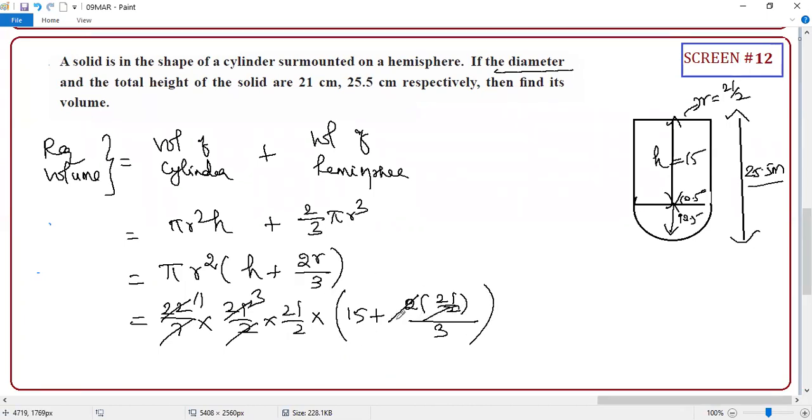Anyone can tell me? 2, 2 is cancel. 3 is cancel. So 7. So 15 plus 7 is what? Anyone tell me? 15 plus 7. 11 into 3 into 21 into what is this bracket? 22. Correct or not? 22. Excellent. So what is the final answer, student? Anyone can tell me what is the final answer? Multiply. 33 into 21 into 22. Guys, check properly. 33 into 21.